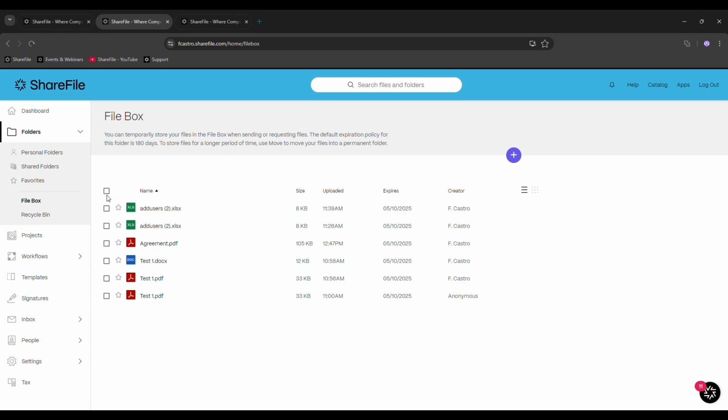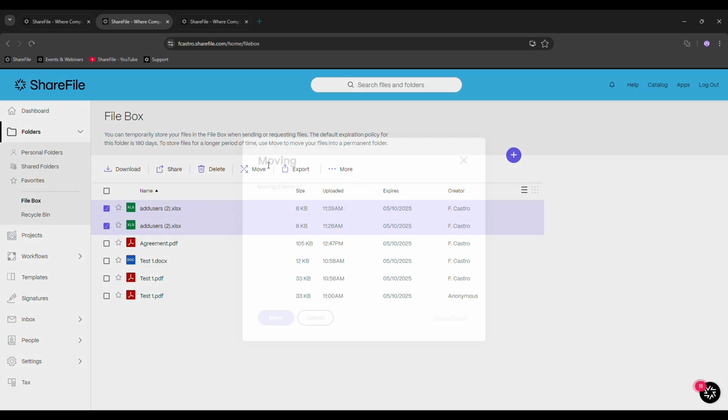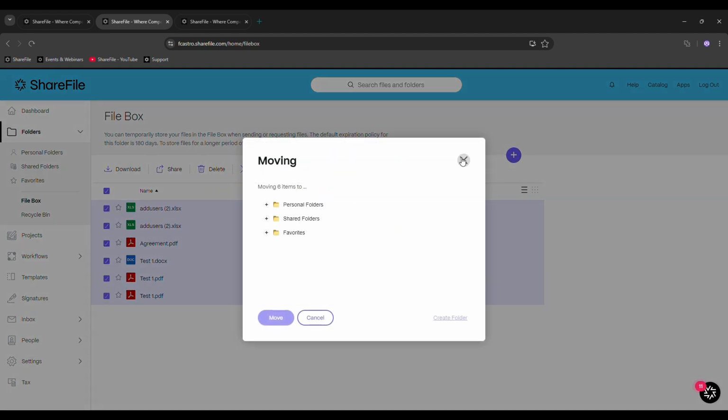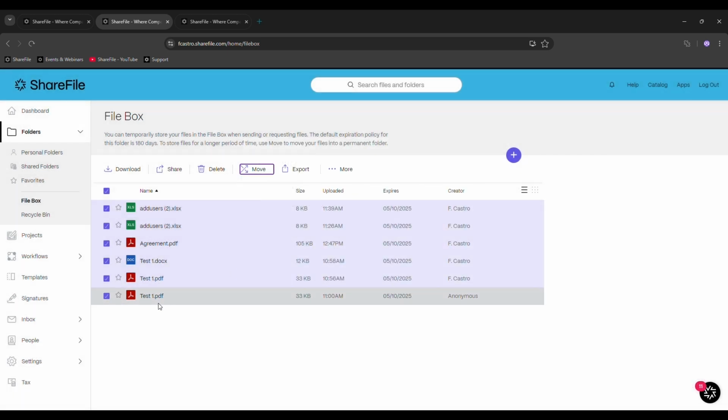So we highly recommend that if there are files in here that you want to keep, just select the files and move the files to a different location. You can select one by one, or you can select them all and click on move and select a different location to create a copy, or actually move the file and keep the files with you.